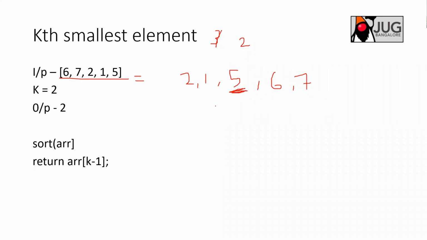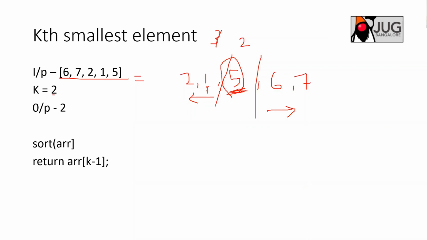So instead of sorting everything again, because I got the position of k, I know which elements can exist on the left side and which can exist on the right side, and I can figure out whether this is the element I am looking for. I'm looking for the second element, which is nothing but k minus 1. But this is not sorted yet, and I know that the element exists on the left side.